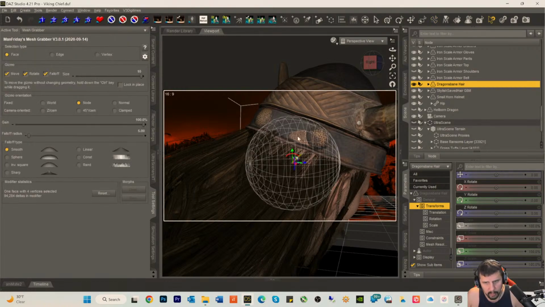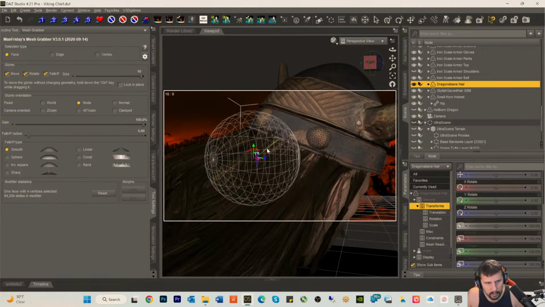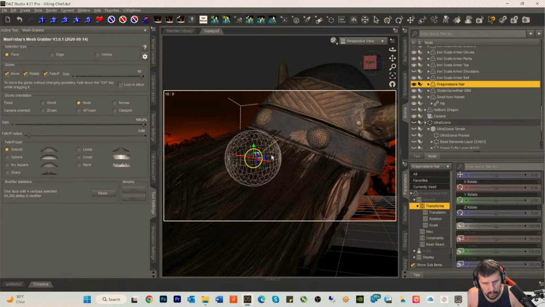Okay, we have a problem here. Let's go to 3. I don't mind it coming through his helmet a little bit. Okay, now